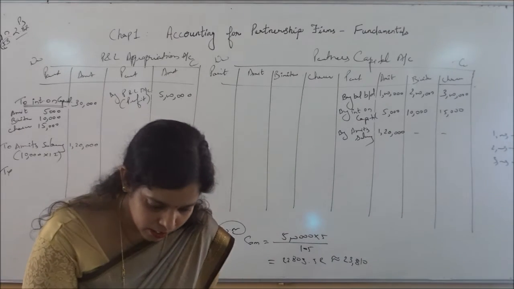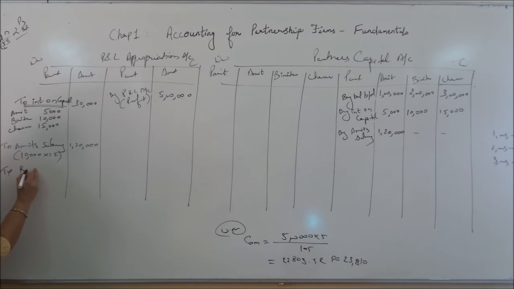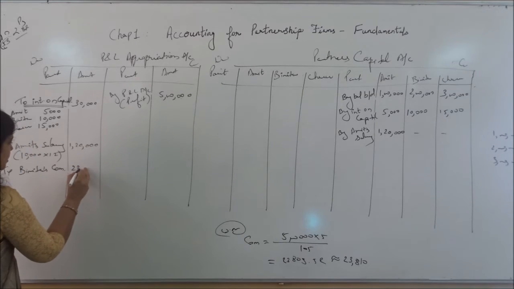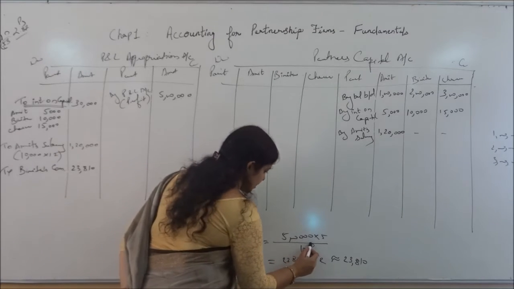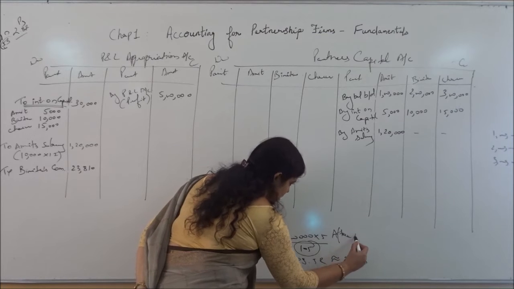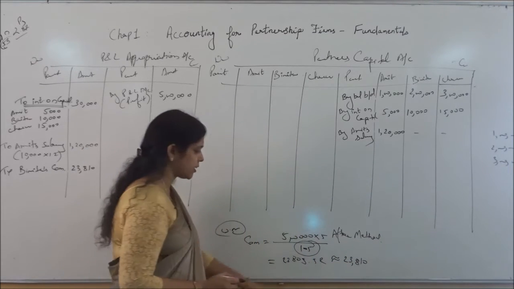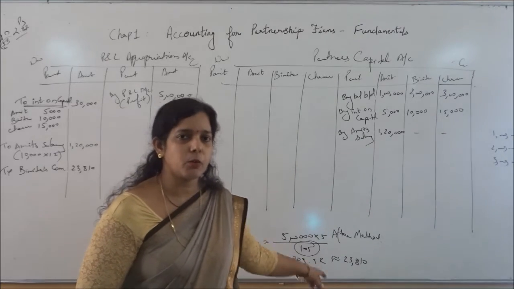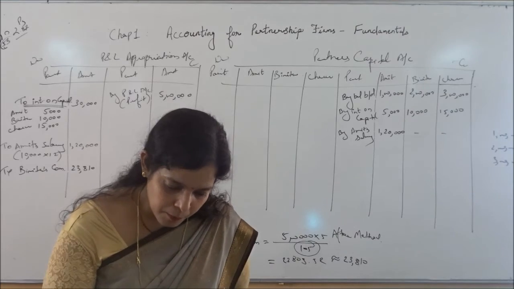Binita is getting the commission. So right here, Binita's commission, how much was it coming? Approximately 23,810. See, this is the after method. Pay attention to this. In the after method, we just add the rate to 100. Like this we are doing, so please remember this thing. Then see the next point.